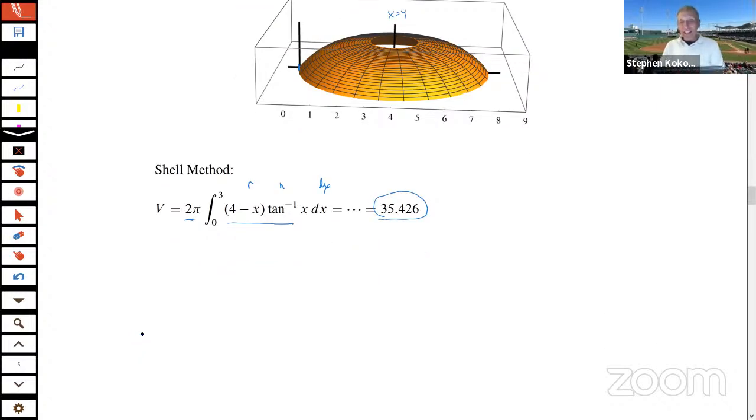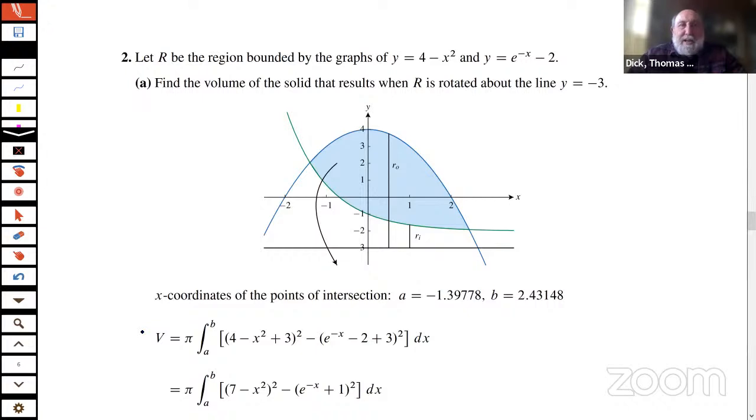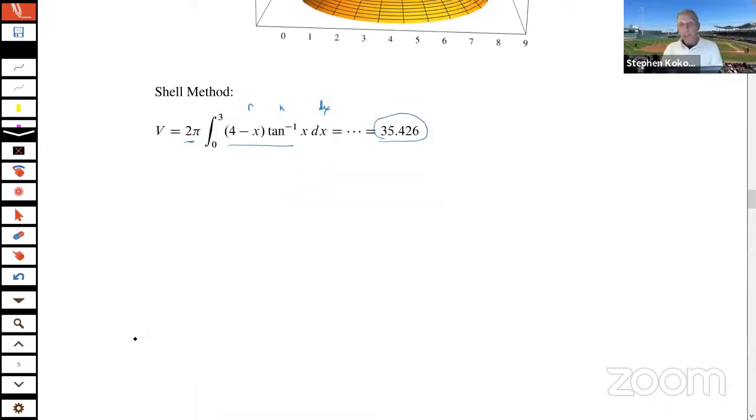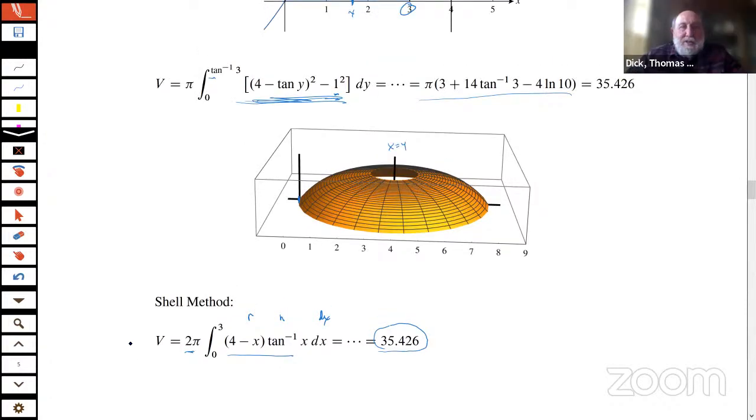All right, let's try another one. Let's see if we can do this one. I like this one. Hey, Steve. Yes, okay, sir. If I make an additional comment about the grading? Sure. So I think what I was going to point out too is